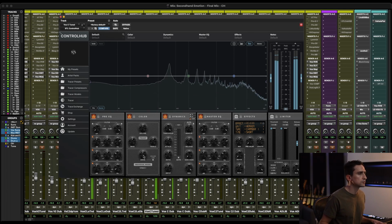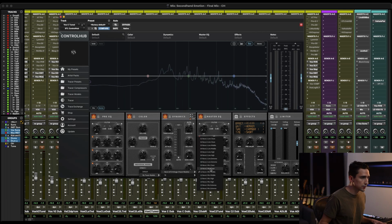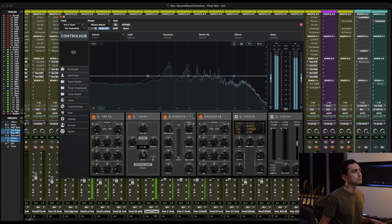I get a secondhand emotion, coming close. Maybe I should not do middle. Maybe we'll do clean. I get a secondhand emotion, coming close, the way you move your body's